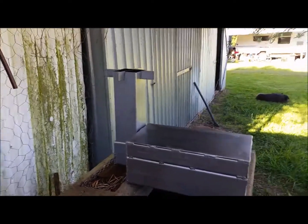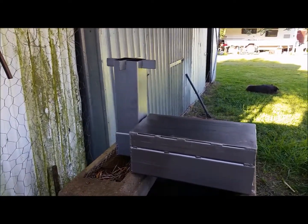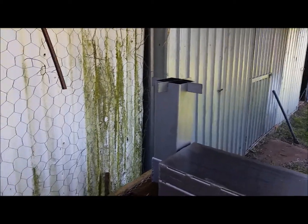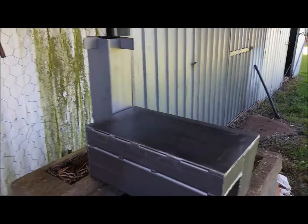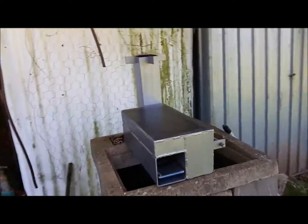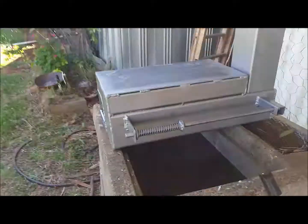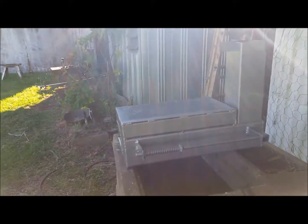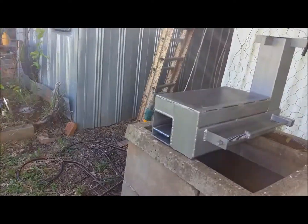So basically, I think this little oven is a success. It draws nicely, relatively smokeless once it gets its ignition temperature up. Storage wise, it all packs away into itself. As I said before, main issue, the weight. But I did realise I can